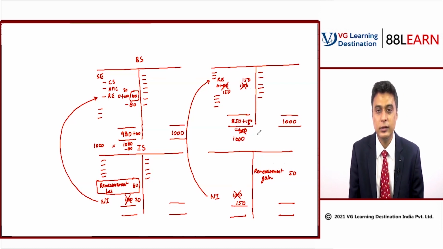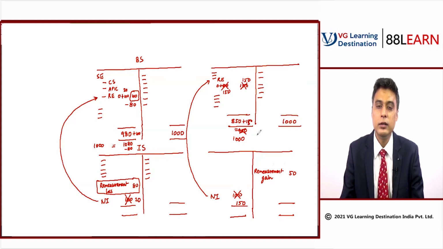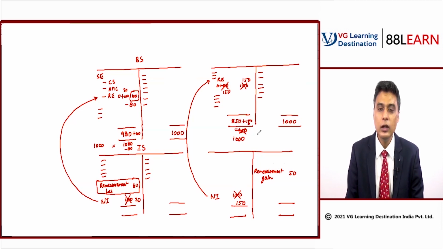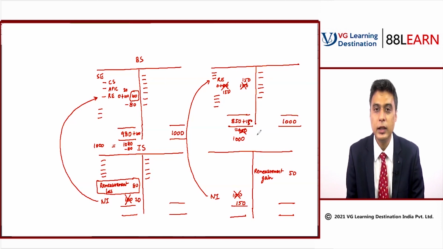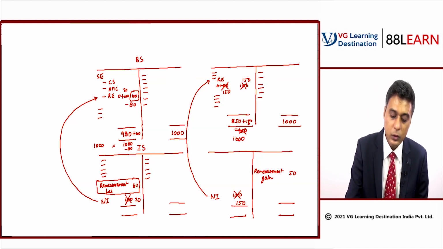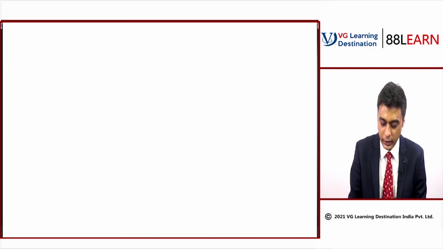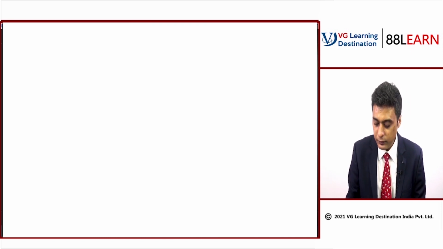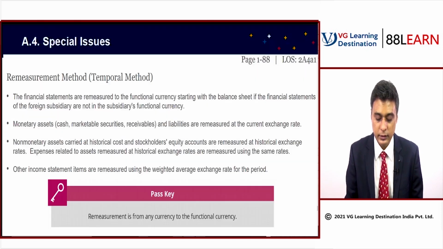Your balance sheet matches. Okay, so in the remeasurement method, you start with the balance sheet, then go to the income statement, number one. And number two is to make the balance sheet balance, you'll have to do an adjustment. And that adjustment will be in the income statement in the form of remeasurement gain or remeasurement loss. So that is the crux of this method. But now let's go and see which item to be converted at what rate. That is the only piece left to complete this whole puzzle.